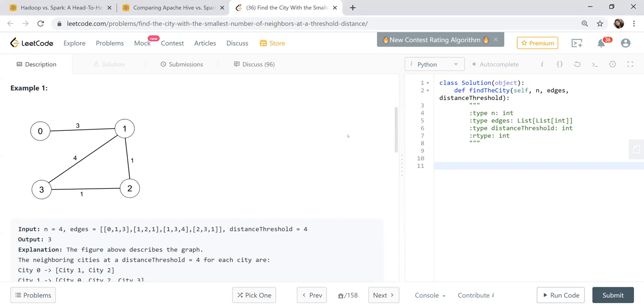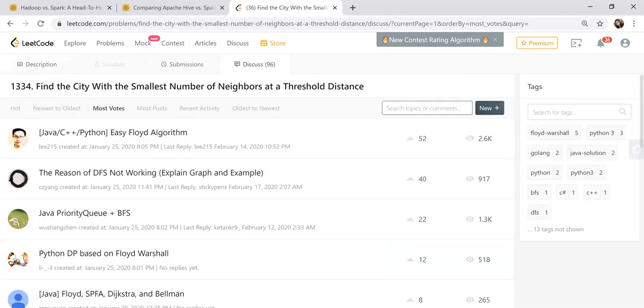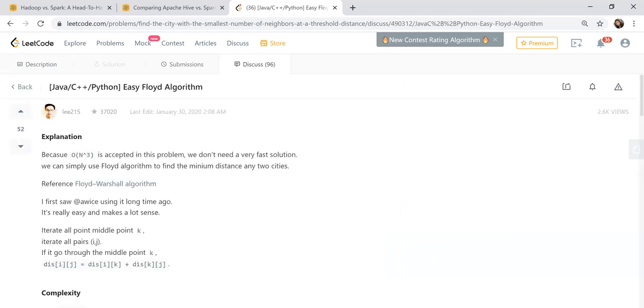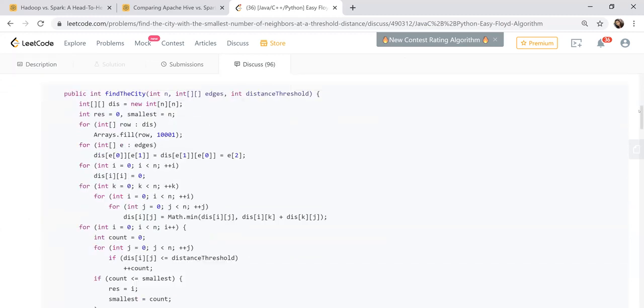I think I went into Disqus and somebody wrote the code for this, or probably you can just see the code. Have you posted it somewhere, like on Slack? No, it is in Disqus. If Sonia can open Disqus. Which one? The first one, the Floyd algorithm. If you come down to Java, yeah, this one.